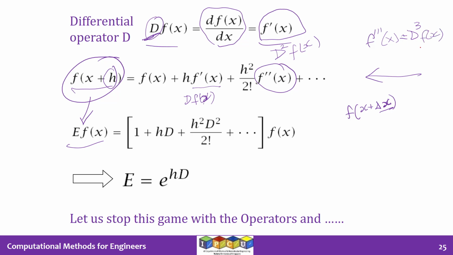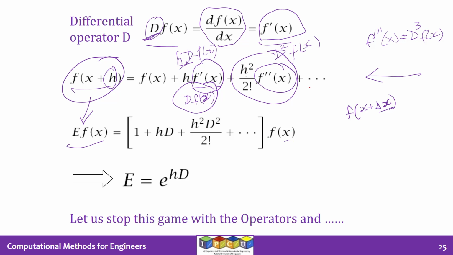So using this notion, we can take the f of x out because in every term you will see f of x. Right here it is D times f of x. In this expression it is D squared times f of x and so on. So I can take the f of x out and then I can have 1 plus h times D. So this is actually h times D times f of x. Since I've taken the f of x outside as a common thing, you're going to have hD.